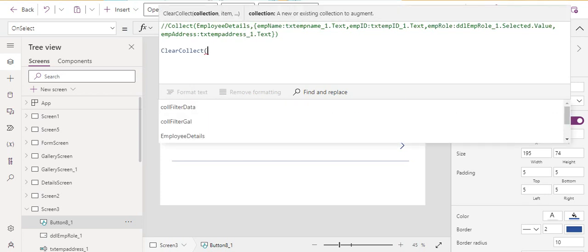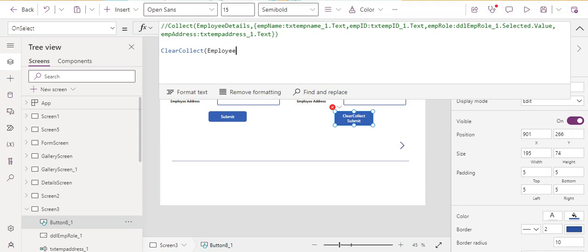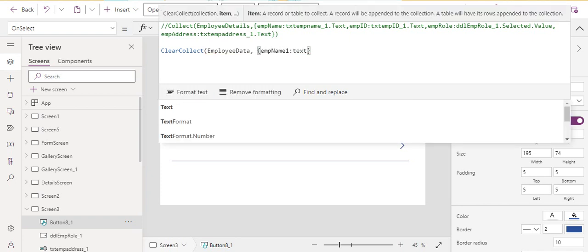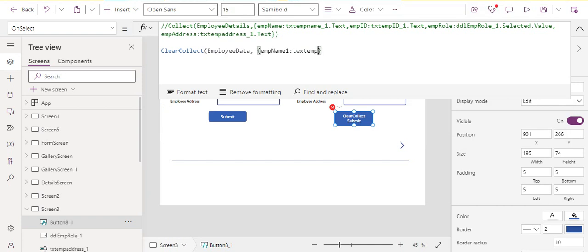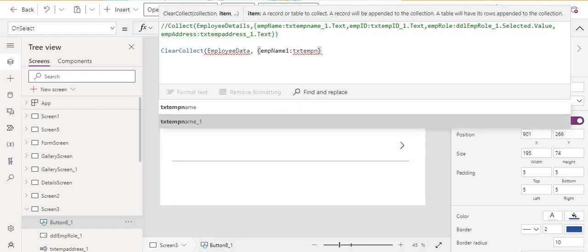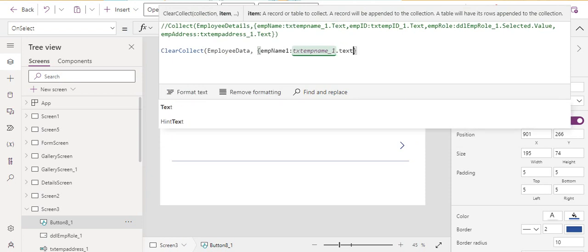and then you need to provide the collection name, employee data, and then you need to provide the column names and their values as well. So the column name is emp name 1, and the value is txt emp name underscore 1 dot text,